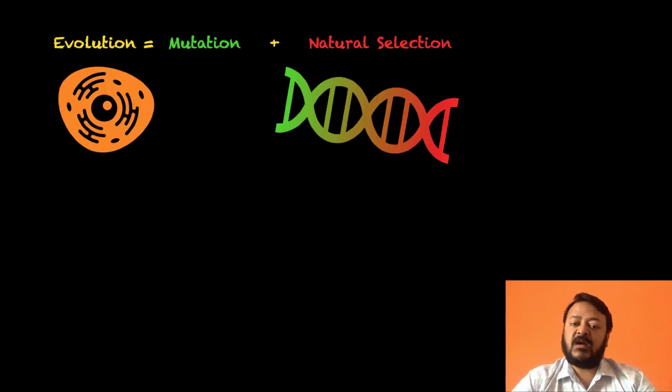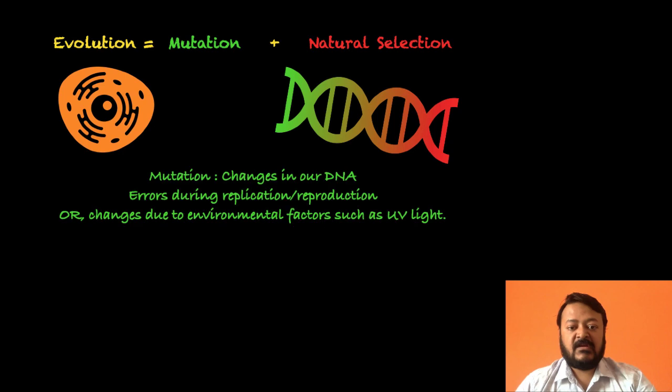In order to understand mutation and natural selection, we need to understand that living organisms are essentially comprised of what is called a cell, which is shown on the screen, and each cell has many proteins and many other things. But the primary information carrier, or what decides how a cell will eventually behave, is what is called the DNA sequence, and it is present in this double helical structure which you see on your screen. Mutation happens at the level of the DNA sequence, and natural selection happens at the level of the cell. So what is mutation?